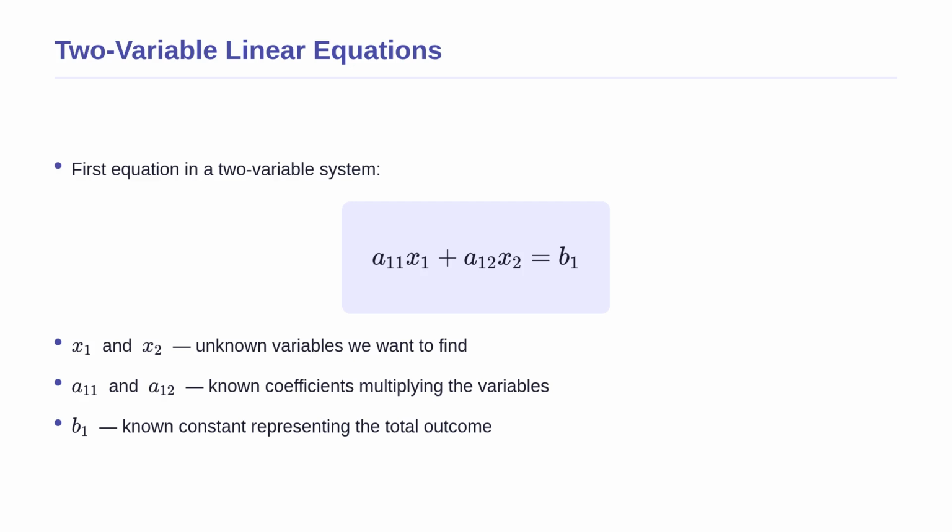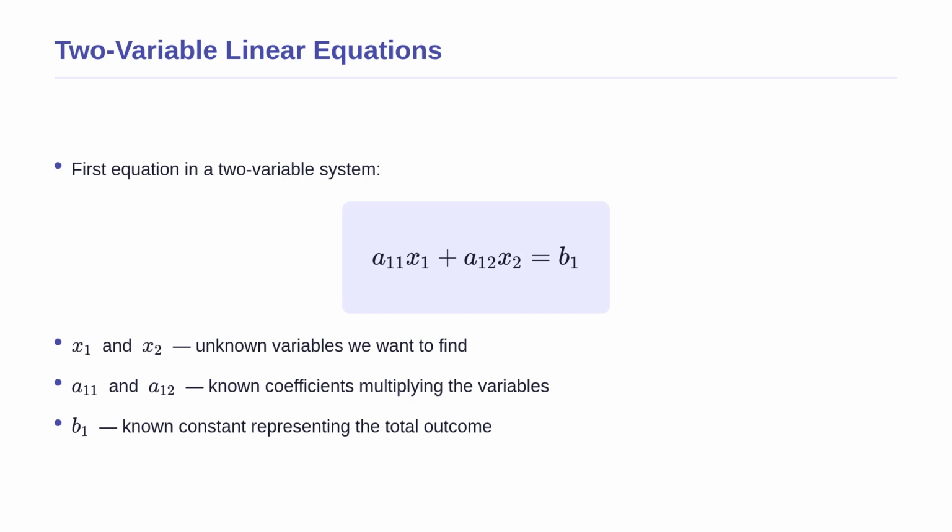This formula represents the standard way to write a single linear equation with 2 variables. Let us break down what every piece means. The symbols x1 and x2 represent our unknown variables, like the price of the apples and bananas. The symbols a11 and a12 are called coefficients. These are just the known numbers multiplying our variables, representing the quantity of fruit we bought. Finally, b1 is the known constant on the right side, representing the total outcome, like the total price on your